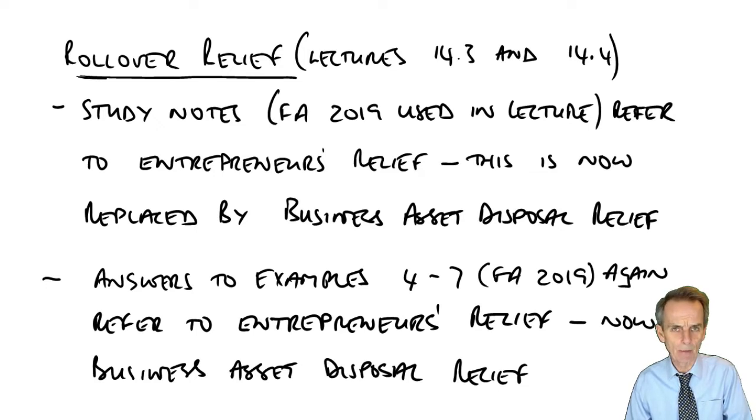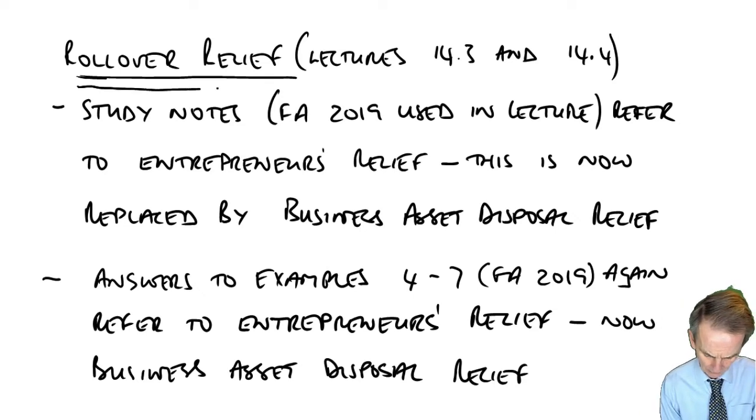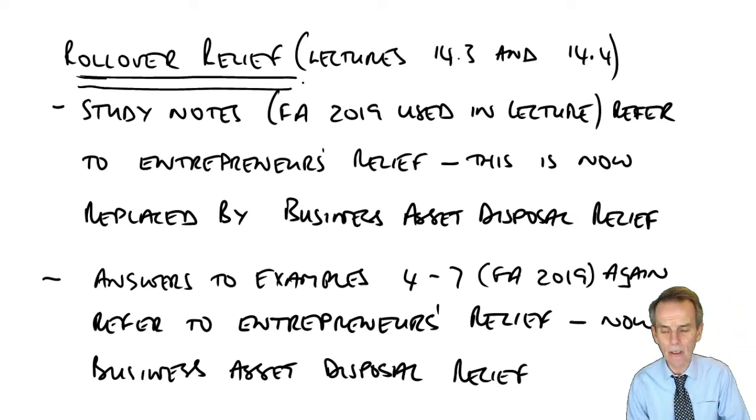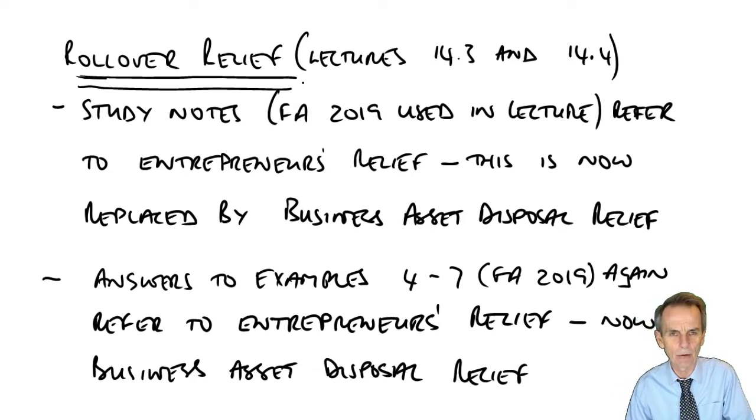The next two types of relief that we see are going to be reliefs that defer gains, and the next two chapters are involved with this relief, rollover relief. In essence, as I hope you do recall from the beginning of chapter 14.1, we said that rollover relief would be available when a trader running a business disposed of one qualifying business asset, which would principally be a property used within that trade, within that business, and reinvested the sales proceeds in another one.